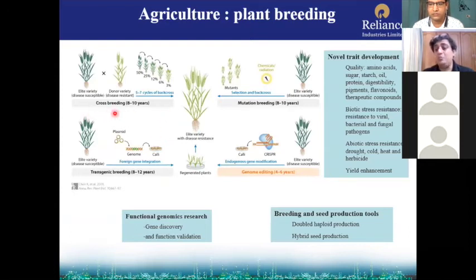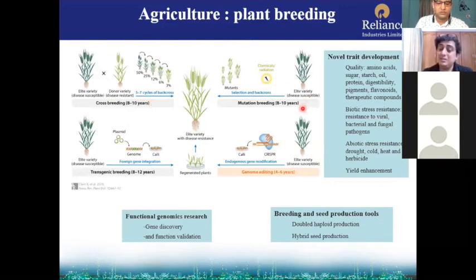If we do breeding in a traditional way, then we take our germplasm of interest, then we take an important donor variety, we cross them, we get a progeny, then we do back crossing of that progeny for 5 to 7 generations, and then it takes 8 to 10 years to develop a new product or a new crop which can be used for certain purpose.